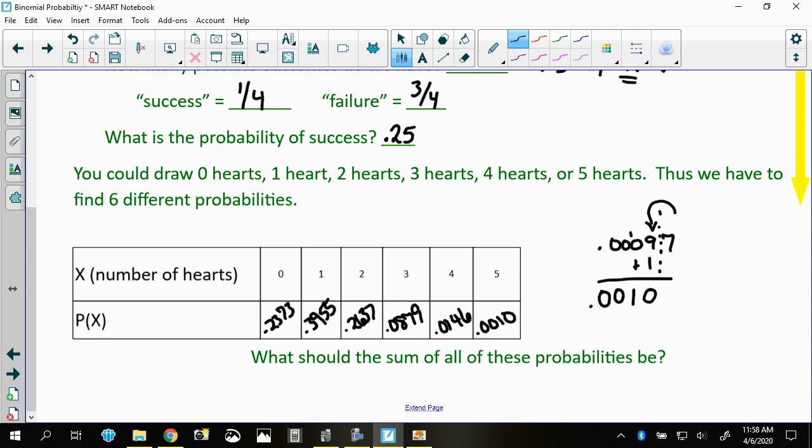Okay, so there's all of our possible outcomes. Now, obviously, since we rounded, it's not going to add up to exactly 1, but it should be close to 1. So if we added those up, it should be close to 1. If we did this exactly with the fractions, then we would have